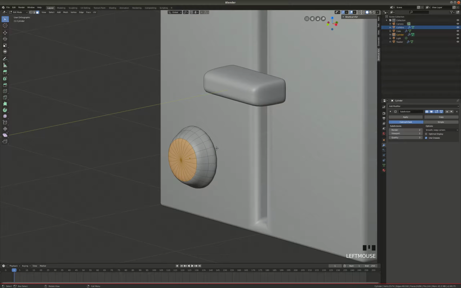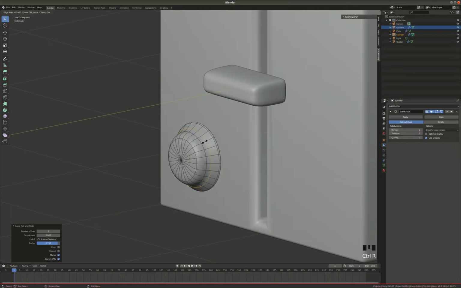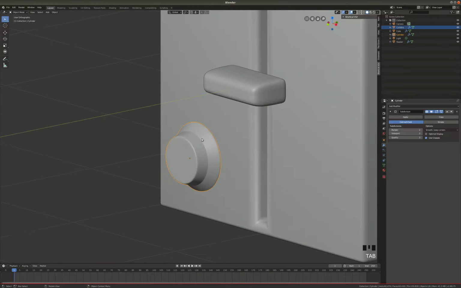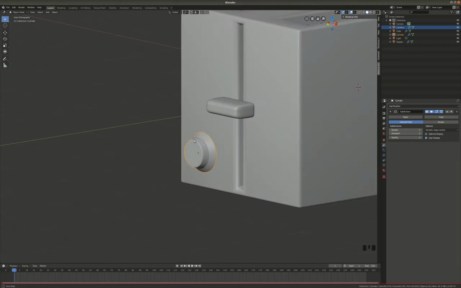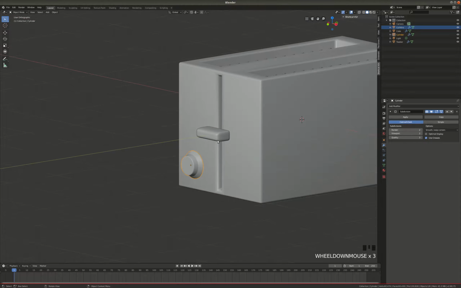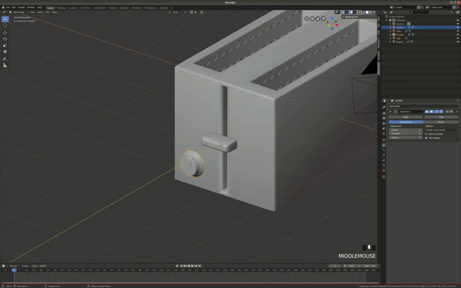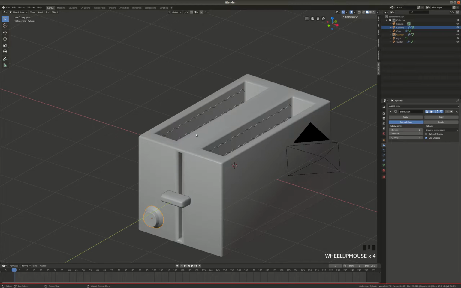edit cage, and I'm just going to do a few more loop cuts, not quite all the way to the edge, so that this thing has a little bit more of a distinct shape, but that it's also realistically rounded, as though it could exist in the real world. So that's a bit more of a pleasant shape. That's better. Okay, so I think my toaster is probably ready for some materials, and toaster materials are usually pretty